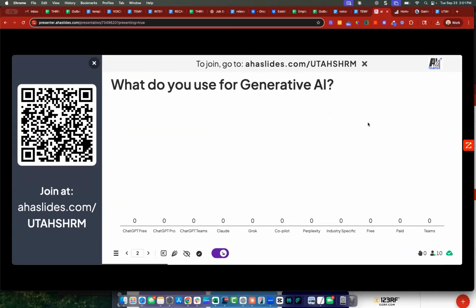This first one: what do you use for generative AI? As you're voting on that, there's a bunch of options you could pick from. Just so you know, at least with ChatGPT free, you're going to struggle with